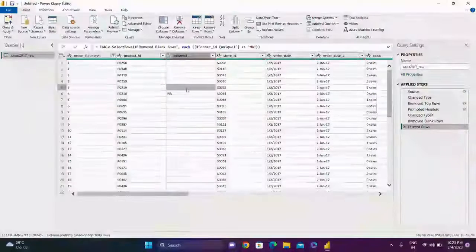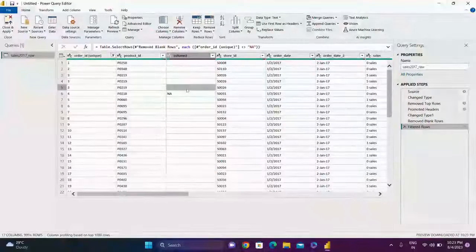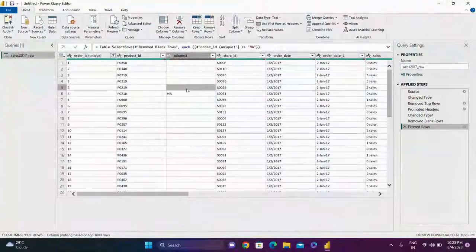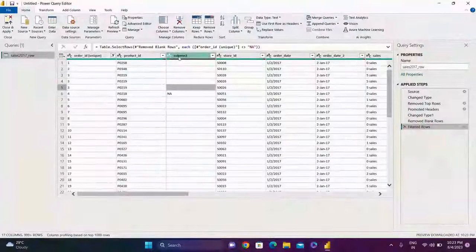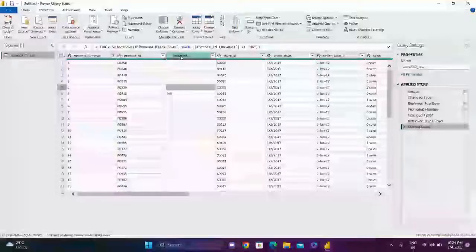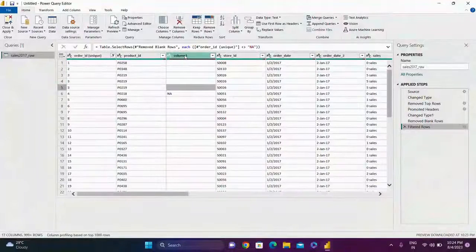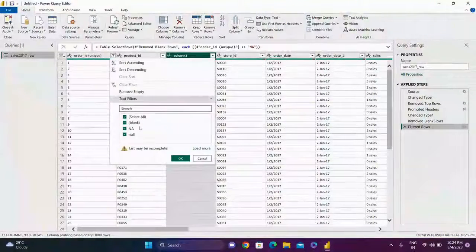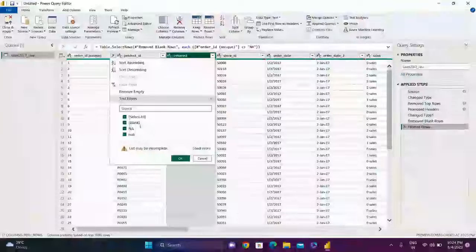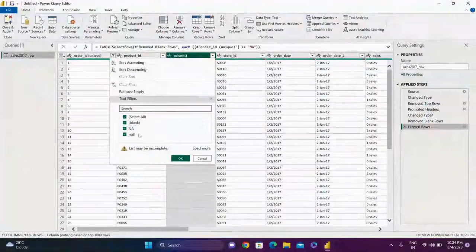Now, next thing we can do. It's not that we can only remove unwanted rows, but likewise we can remove unwanted columns too. Here you can see that Column3 is actually not needed, because first of all it doesn't have a relevant name, and second, if we check the type of data available here, we can see that it is showing blank values, Not Applicable, null.